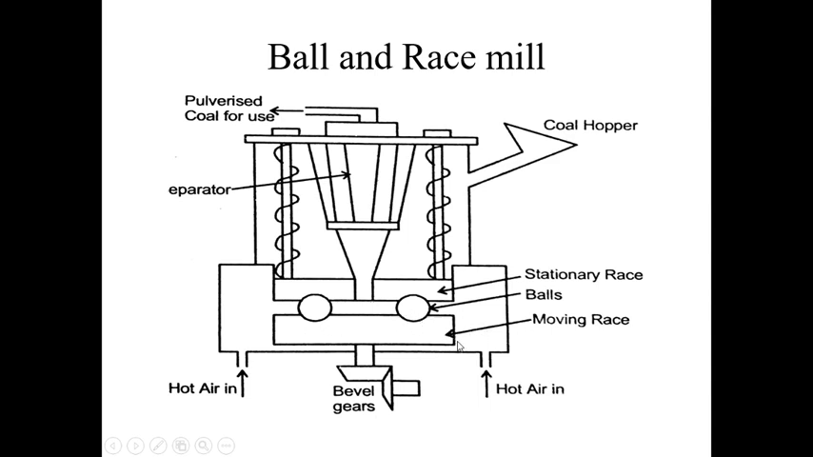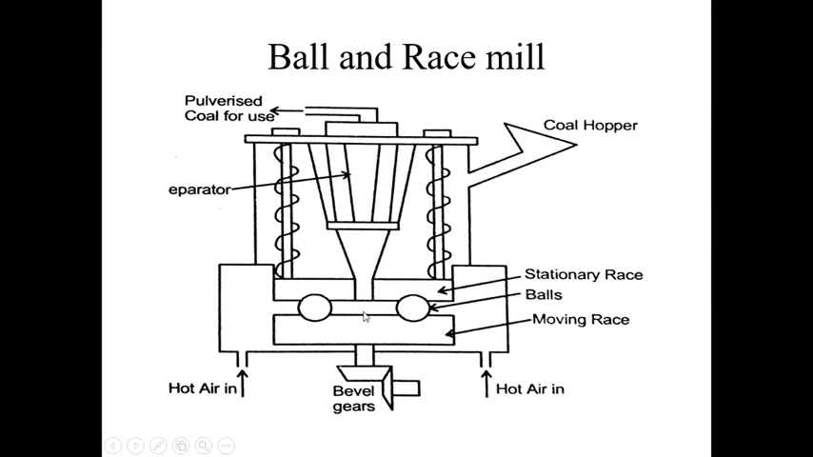the mill, or you can say the moving race, is rotated by the bevel gear, and here the supply is from here itself, the coal hopper, which will supply the coal in between. Metal balls are used in between to crush that to a finer size, and this hot air is used to remove all the moisture content from that, and once it is done, it will be doing its work, rotating and crushing that